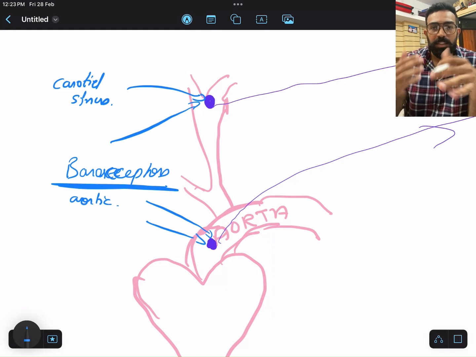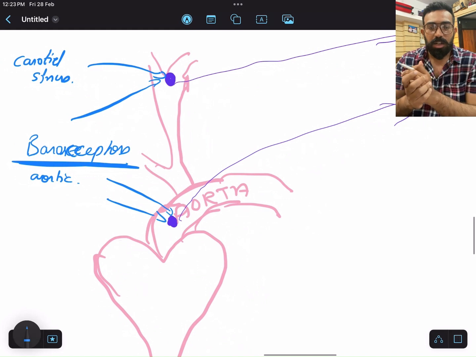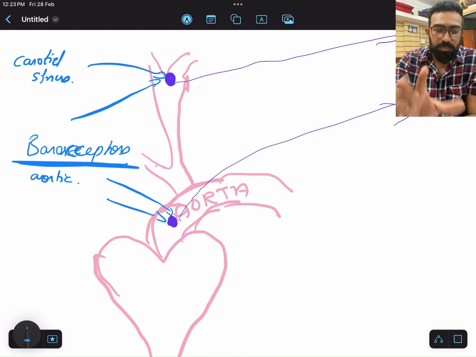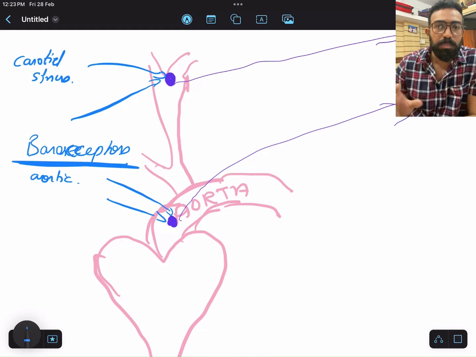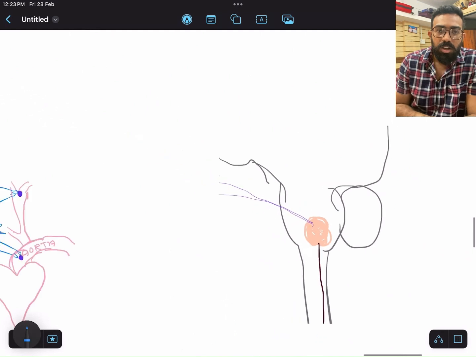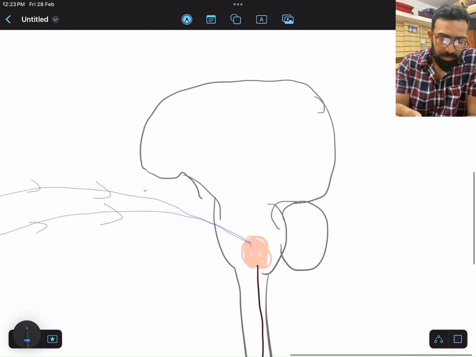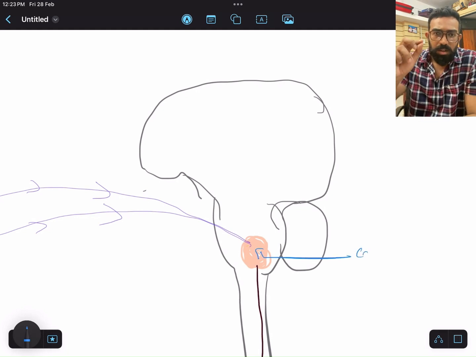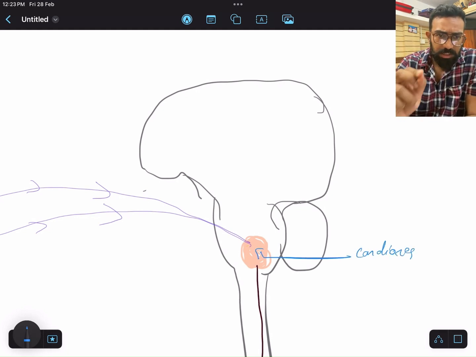They say, "I am getting less blood, so I cannot give you that much blood, so you are going to have problems. So do something about it." That is what the heart tells the brain with the help of the carotid and aortic baroreceptors. The signal from the baroreceptors goes to the brain, and the structure you are seeing here, which I have drawn in cream color, is the cardio-regulatory center in the brain